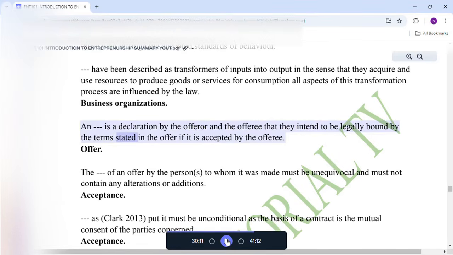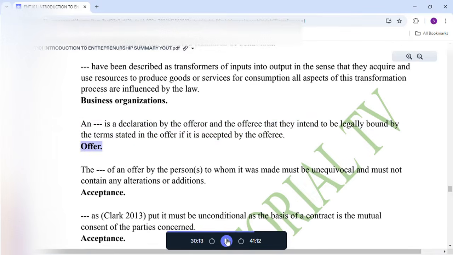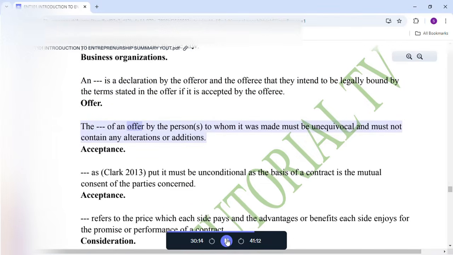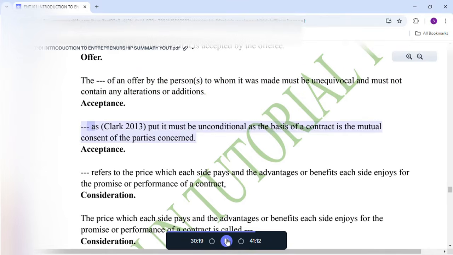the terms stated in the offer if it is accepted by the offeree. Offer. The acceptance of an offer by the person to whom it was made must be unequivocal and must not contain any alterations or additions. Acceptance. As Clark 2013 put it, it must be unconditional as the basis of a contract is the mutual consent of the